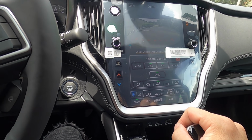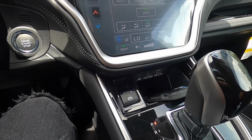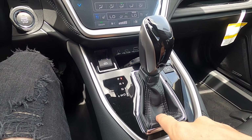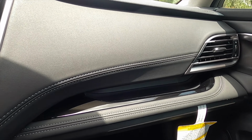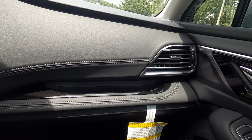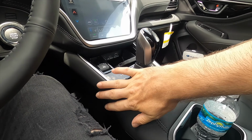Standard dual climate control settings start on the Premium. USB ports, an area that you can put the cell phone. Leather going to be around the shifter with the gloss black and the satin aluminum. On the passenger side, we receive some storage that's in front of the dashboard and in the center cluster. And we have all soft materials